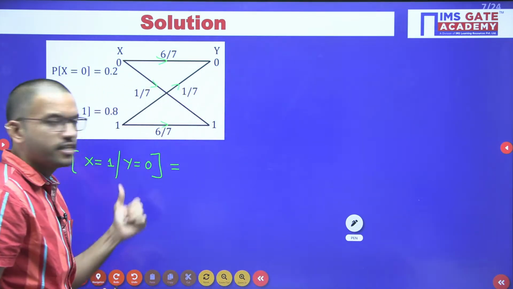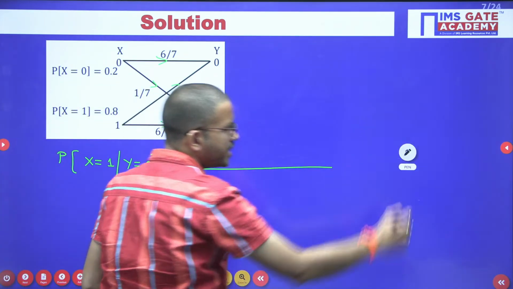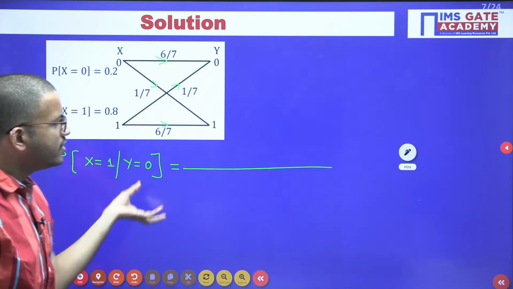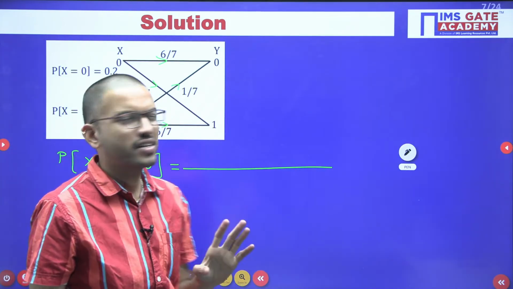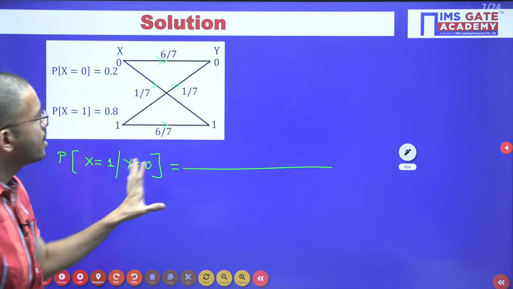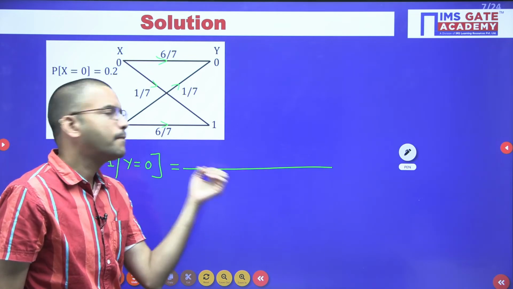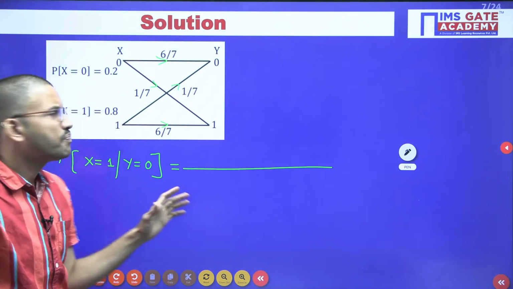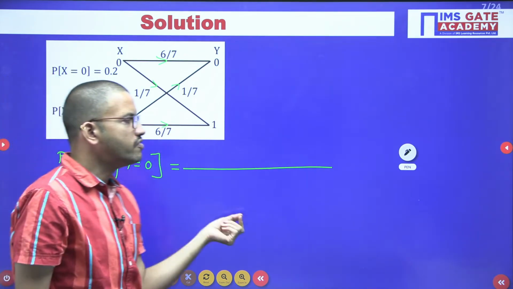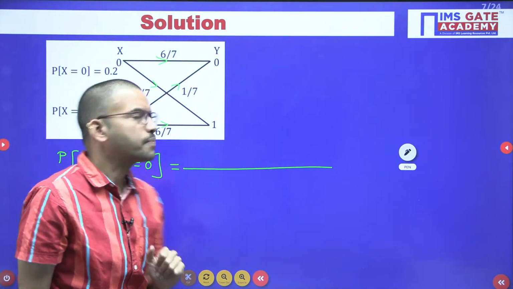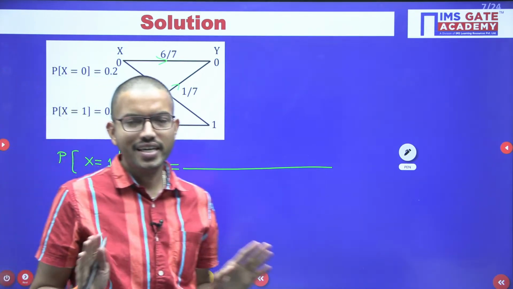You might have studied the formula by using Bayes theorem and so on. But here we will use a similar kind of formula only, and you need not memorize it, just by observing this diagram. Of course, for understanding purposes, I am representing the mathematical equation, but once you understand, you can directly substitute the given probabilities and do the simplification in one or two steps. Just for understanding, I will represent the notation so that you never get any confusion at all.